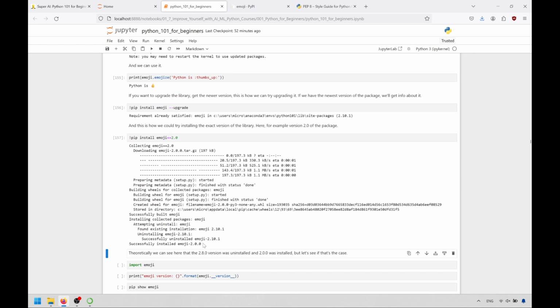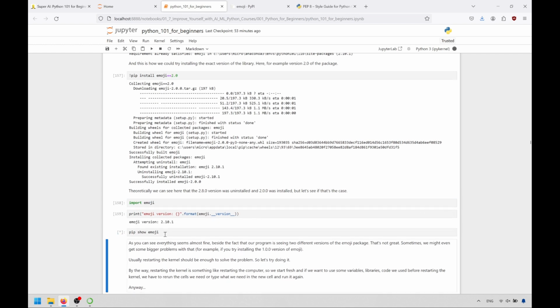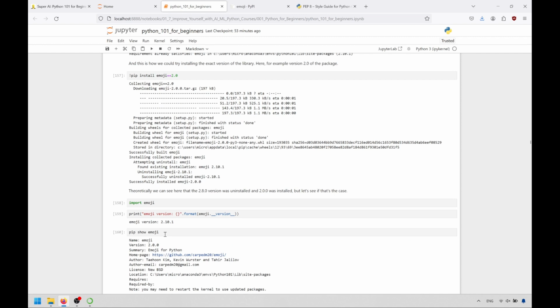Theoretically we can see here that the 2.10.1 version was uninstalled, and 2.0.0 was installed. But let's see if that's the case. As you can see, everything seems almost fine, besides the fact that our program is seeing two different versions of the emoji package. That's not great. Sometimes, we might even get some bigger problems with that. For example, if you try installing the 1.0.0 version of